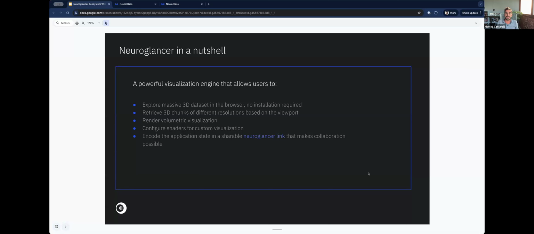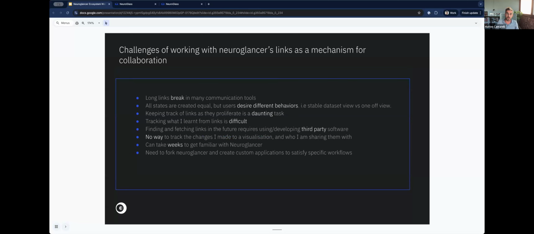On the other side, this also started posing some challenges from what we've seen. These URLs start becoming larger and larger, for instance, and this means that tools at times have trouble even sharing them. We've seen people using Google Docs, for instance, with a collection of different Neuroglancer links. Also, all links, in a sense, look the same,